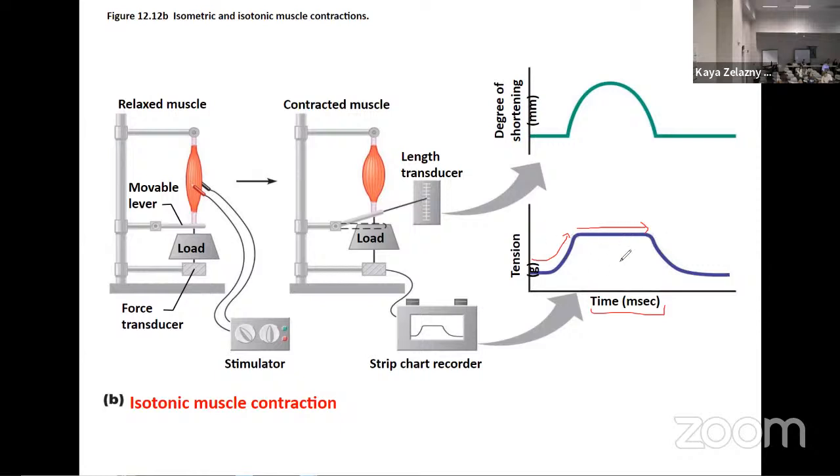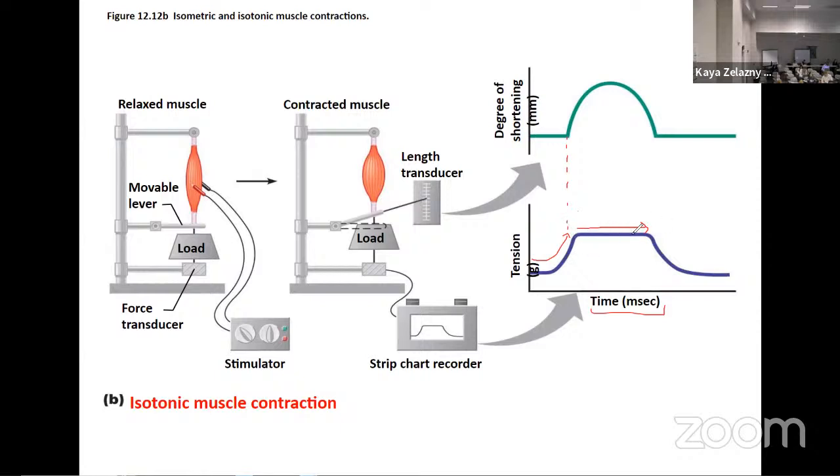So here we see that tension overcoming the load and then this tension flattening out. However, you are continuing to move the object even if you're not increasing how hard you're pulling or how hard you're pushing. So here we're looking at how short that muscle is getting, so how much we're shortening the muscle. So you can see for that same time period, until we get to the point